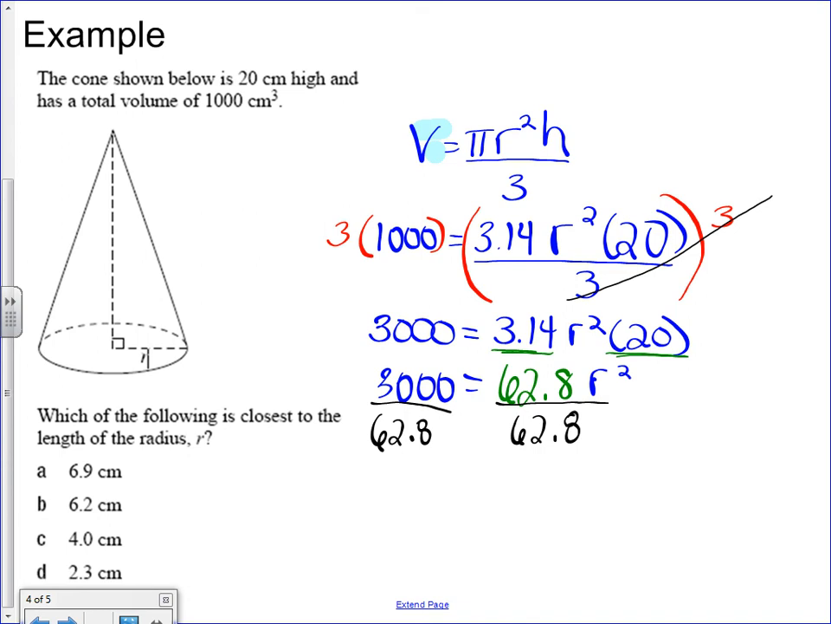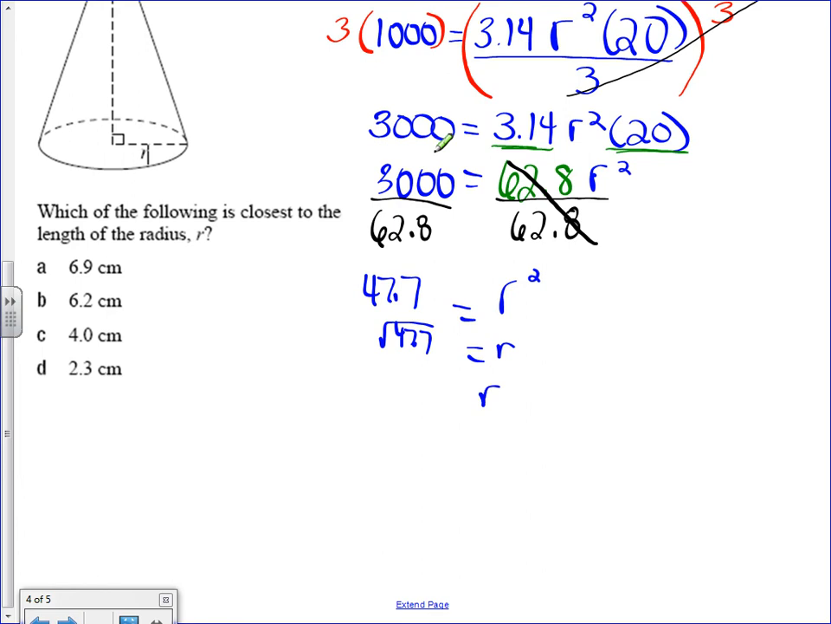So, Tristan, what happens to these 62.8s? They cancel out. So what am I left with on my right-hand side? What am I left with on this side? Okay, and when I simplify this, what am I left with? 47.7. Okay, and then Jonathan, what's my last step going to be here? Yes, I do square root it. R equals the square root of 47.7. So I'm left with R equals,